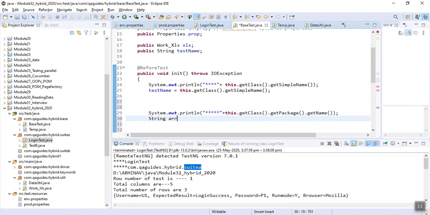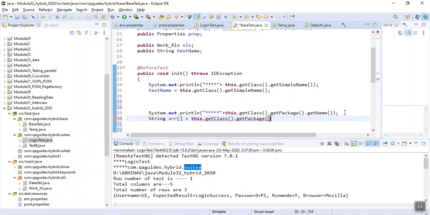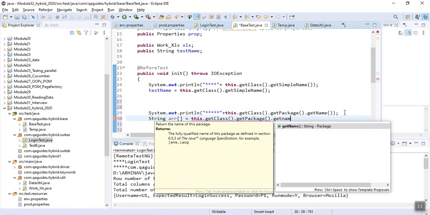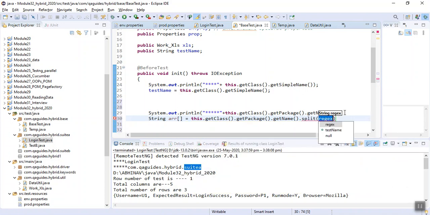String arr is equal to this dot get class dot get package dot get name, and I want to split on the basis of double slash dot. Now remember my split command. Now this array will have all the elements.